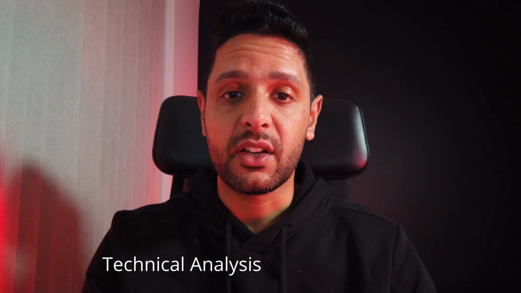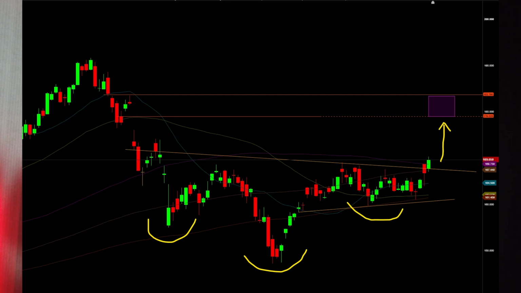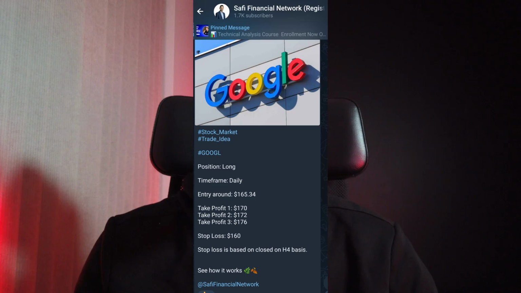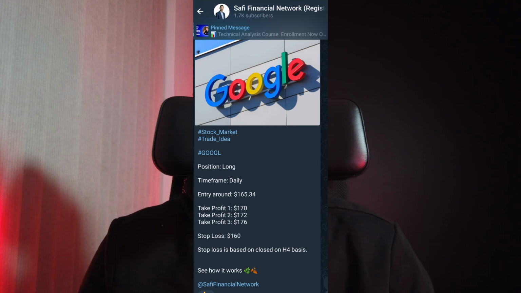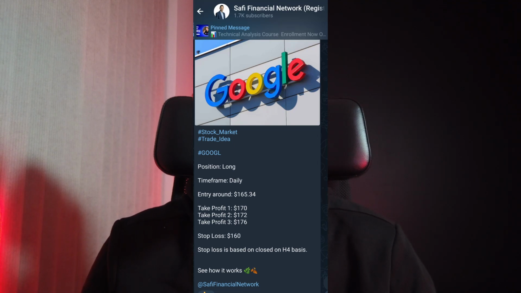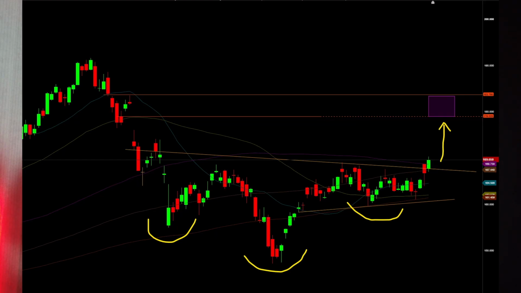All right, but how about the technical analysis? Looking at the next chart, I notice that we have a beautiful bullish pattern for Google. This chart tells me that we have a nice reverse head and shoulders, and on the right shoulder you can see a nice bull flag forming on the daily chart. That's why myself and my subscribers got in just two days ago, somewhere around 165, 164. We got in because we know that Google is a good company, and the technical analysis gives us a tool to buy at a very good level.